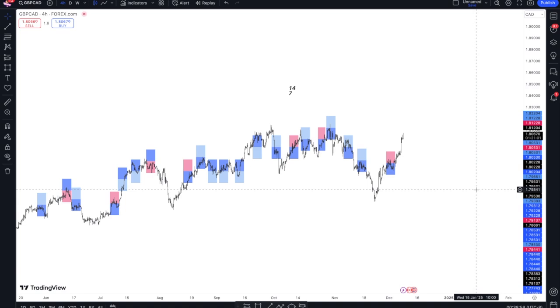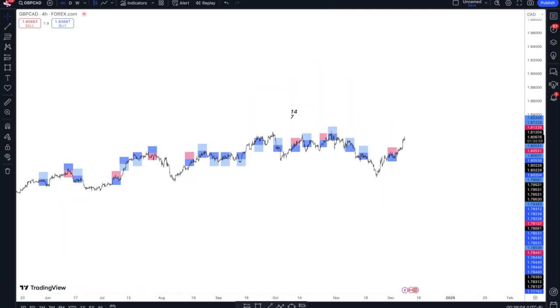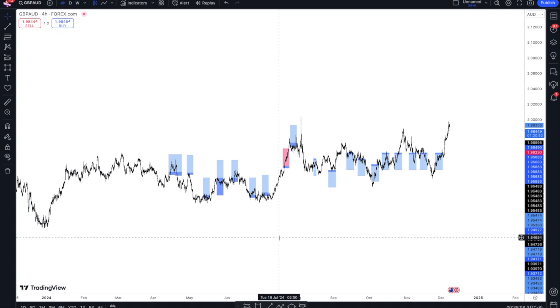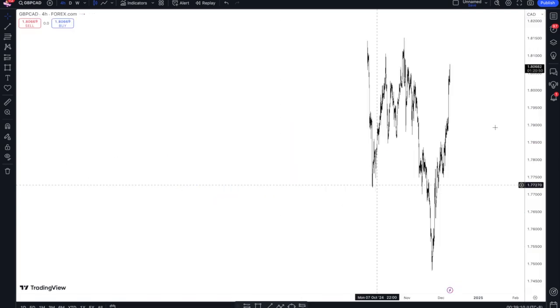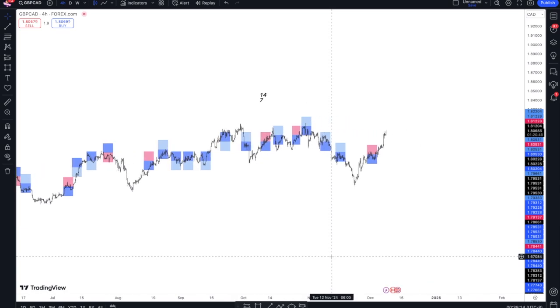But if you have these things where you just literally randomly enter, this literally went 19 and 1, randomly entering on these trades. This went 14 and 7, randomly entering. If you combine this